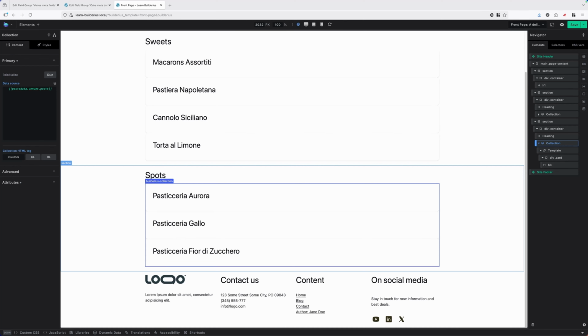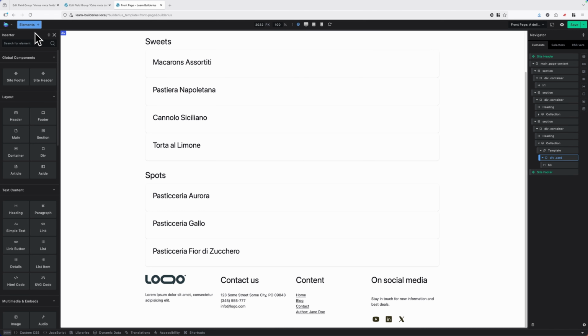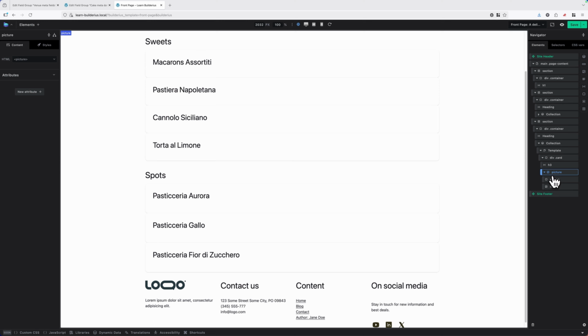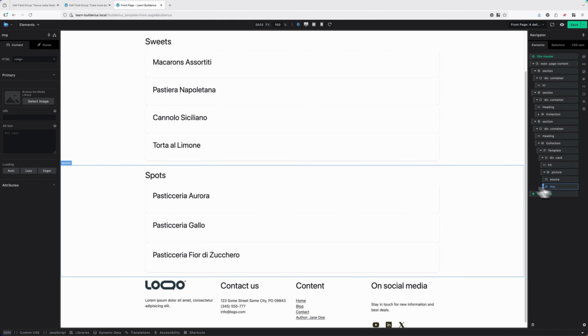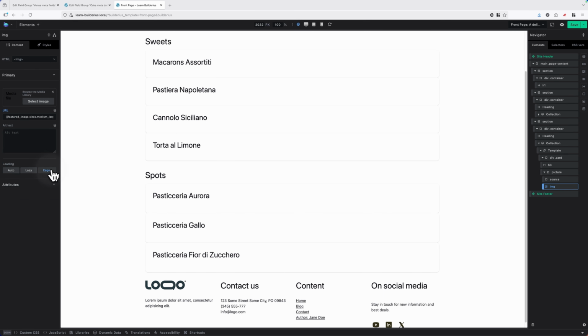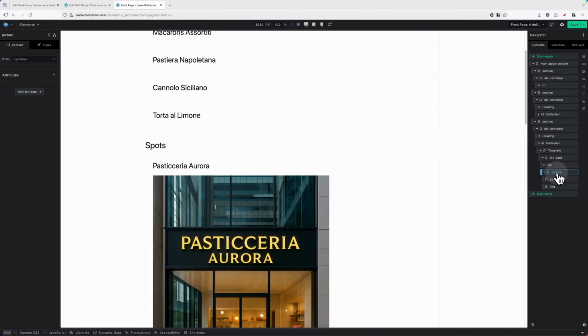Let's add some basic styling for my grid. I'm going to choose this card and add a new element that should be picture, and here I have image, and for image I will choose size medium large, like this one. Yeah, it's a lot, of course. So let's go back to picture. Let's add style card